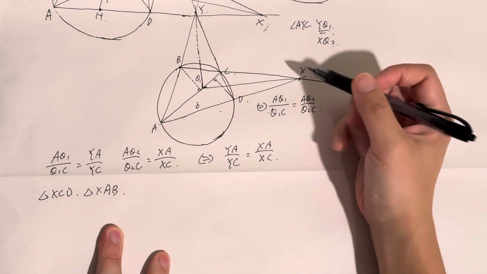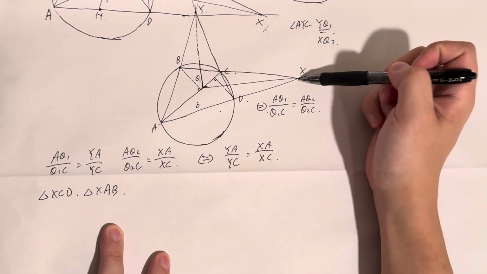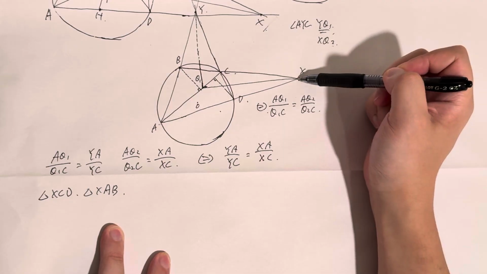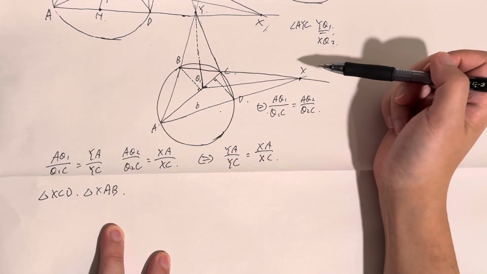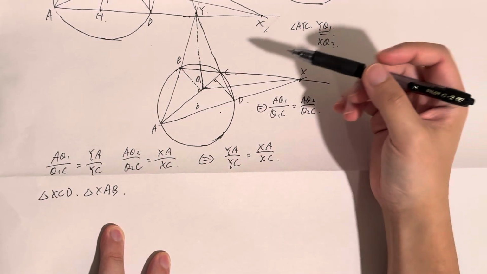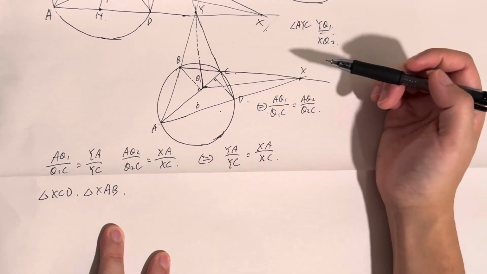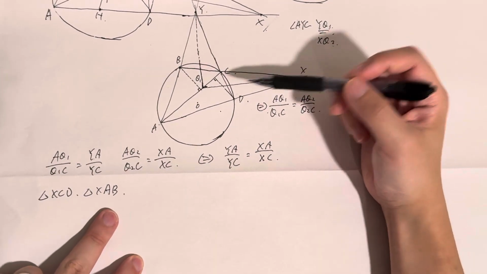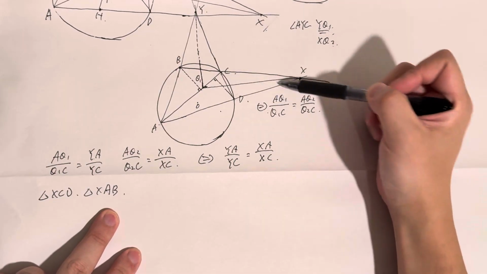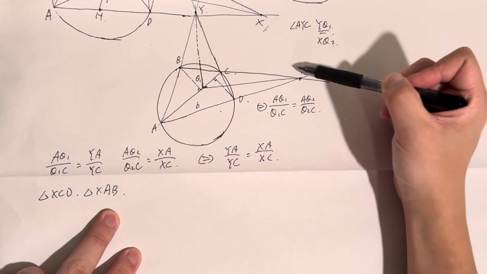We know that triangle XCD and triangle XAB are similar. This is what we already learned many times from the quadrilateral ABCD, right? So we already know these two are similar, which means